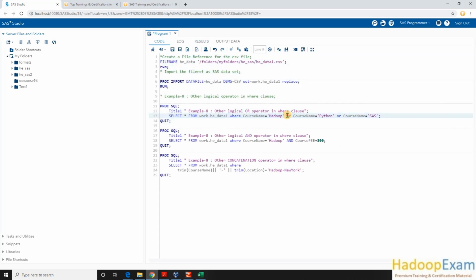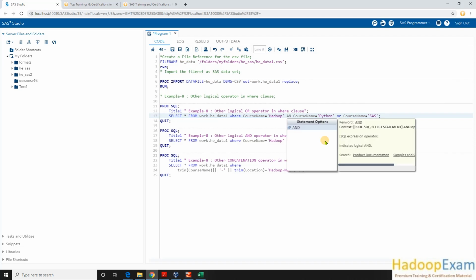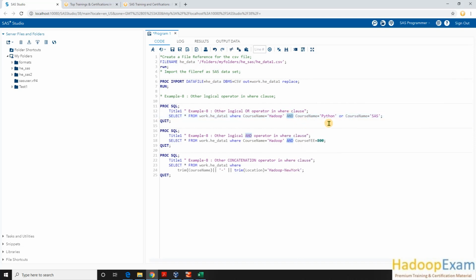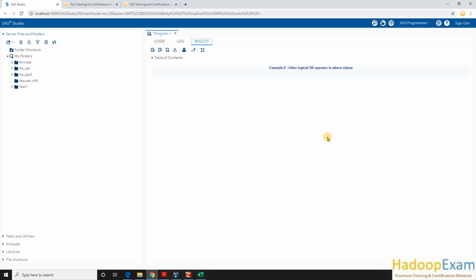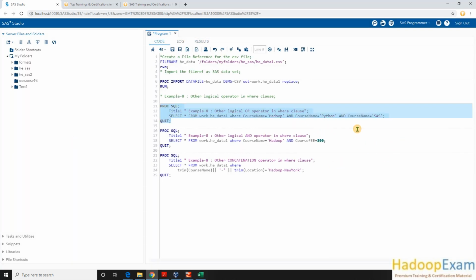If I put AND over here, what would happen? It means we are trying to say all 3 conditions together become true. Is it possible? Not possible, because we have only one column, course name, which can have either the Hadoop value, the Python value or the SAS value. It cannot have all the values, so it should not give any output, because these conditions altogether are not becoming true. So there is no output. This is not the correct way. We can learn how to use the AND condition, but this is the OR condition, one of them.